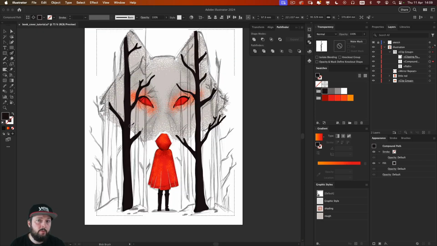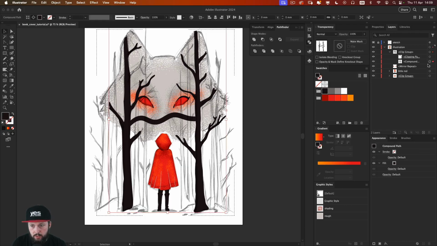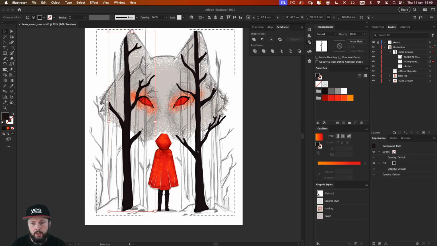Now there's actually one important thing worth mentioning here. If you don't want to accidentally join up multiple trees when you are using the blob brush tool, which can easily happen. So for instance here, if I just draw this line, immediately these two became a single object. We can see it here in the layers panel. So even though they were two separate objects, now they became one. And that is because I'm using the same color. So two black objects connected with the blob brush tool automatically unite, similar to what you would get with the